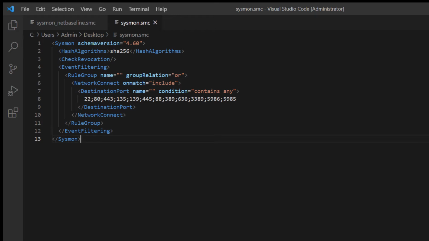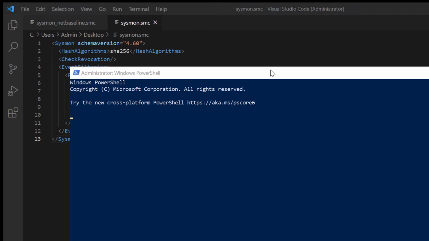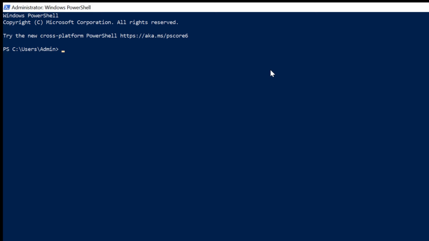So let's open a PowerShell window as administrator. I'm going to be using PSGumshoe to get this baseline initially. The command line that we use for this is Get-SysmonNetworkConnectEvent. Since I'm already only capturing those events for those specific ports,